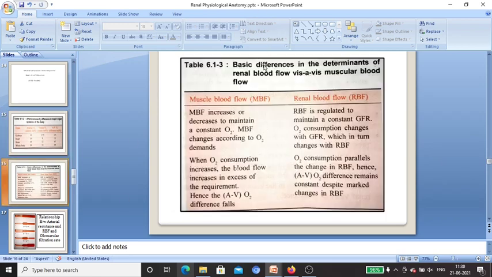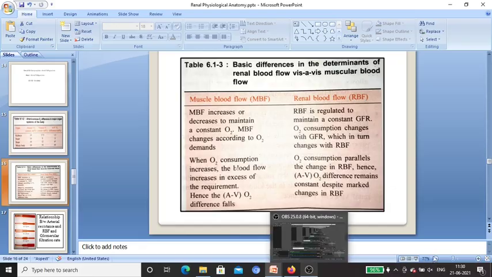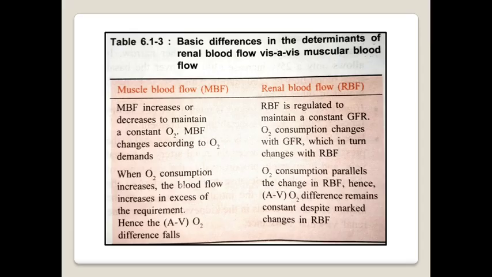Clear? So see here the basic difference in the determinants of renal blood flow and muscular blood flow. If we see muscular blood flow, what will happen? Muscular blood flow will increase or decrease to maintain a constant oxygen. Clear? Muscular blood flow changes according to oxygen demand. If we go to exercise, oxygen demand will increase in the muscular tissue and muscular blood flow will increase. While what is happening in the